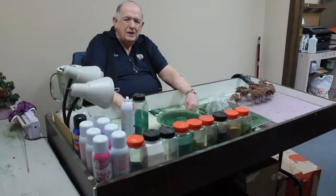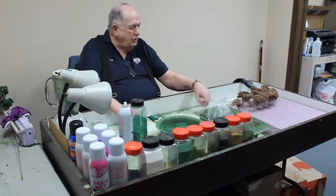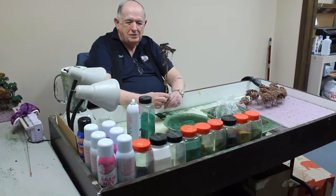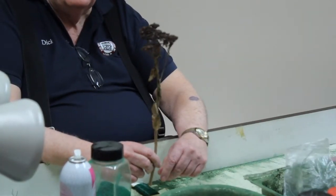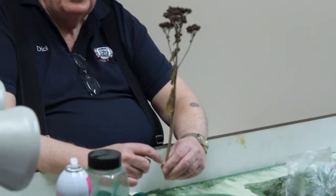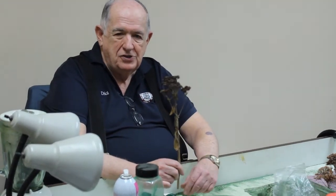I'm going to show you how to make trees for your layout or your diorama. The things you need to do this, first of all, you need to start out with this. This is red sedum. It grows to be about 18 inches high. It's an ornamental plant. It gets translucent reddish purple flowers in the fall. If you harvest it, always harvest it after you have a frost, or you'll have an infestation of gnats at